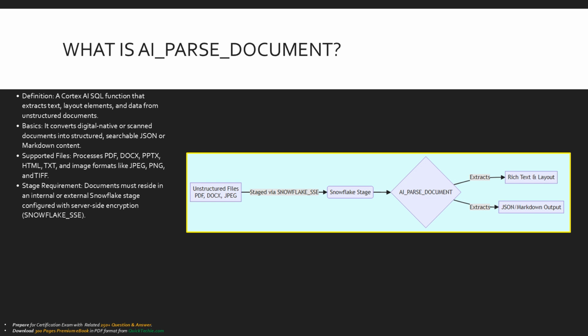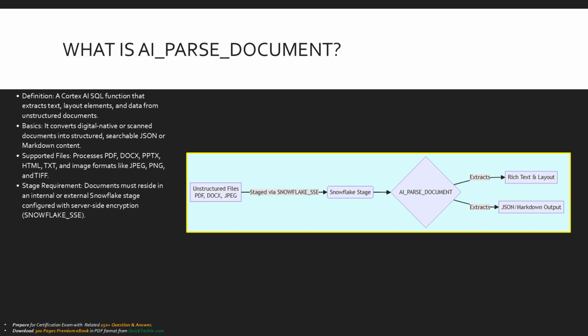AI Parse Document, which is the updated and more powerful version of the original Parse Document function, is a fully managed Cortex AI SQL function. Its primary job is to look at unstructured files like a dense 50-page PDF, a PowerPoint deck, or a scanned JPEG and extract not just the raw text, but the structural layout. It reads your documents directly from a Snowflake internal or external stage. The only strict requirement here is that your stage must be configured with server-side encryption, or Snowflake SSE. By calling this single function, you instantly convert locked-away document data into a rich, structured JSON payload containing Markdown, ready